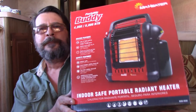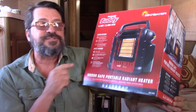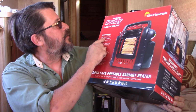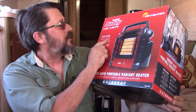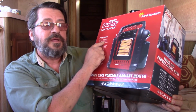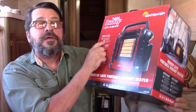So I did end up buying the new and improved. I did decide to go ahead and get another Mr. Buddy heater. Now, this one, I think they bumped up the BTUs. I'm certain the other one had a low and high setting of either 4,000 or 8,000 BTUs. Well, they bumped this one up a notch. It's actually 4,000 and 9,000 BTUs: 9,000 on the high setting, 4,000 on the low setting. So